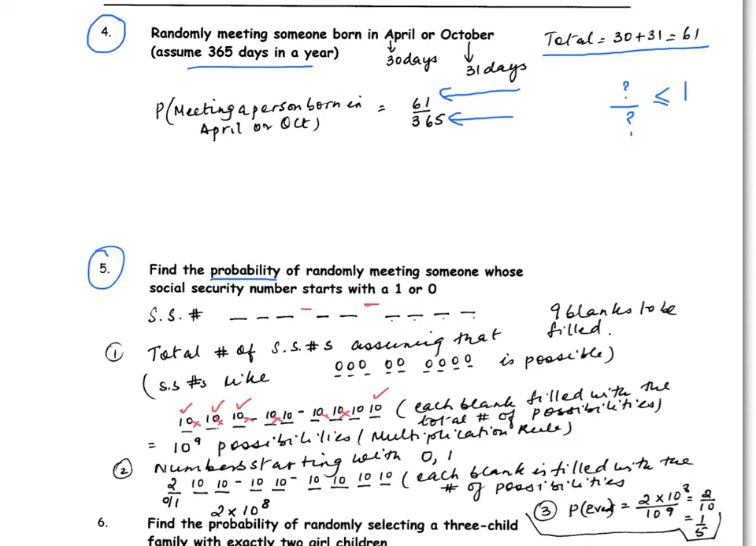And what we're applying here is an extended multiplication rule. So all the blanks together can be filled in 10 to the 9 possible ways. So that is the total number of possible social security numbers. Now,